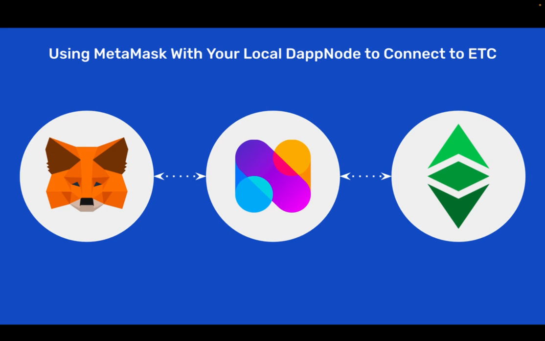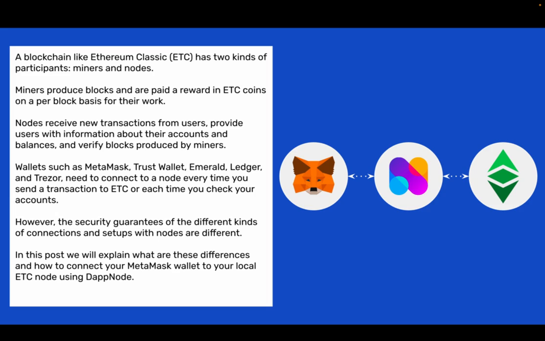Using MetaMask with your local DappNode to connect to ETC. A blockchain like Ethereum Classic ETC has two kinds of participants, miners and nodes. Miners produce blocks and are paid a reward in ETC coins on a per block basis for their work. Nodes receive new transactions from users, provide users with information about their accounts and balances, and verify blocks produced by